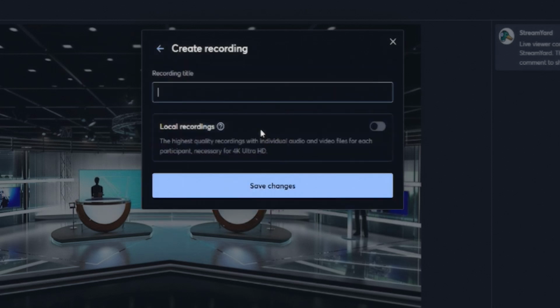As far as local recording goes, local gives you the ability to record both to your hard drive as well as to StreamYard's platform. So if I were to tick this box here. So I'm just going to back out of that because in this instance, I'm actually screen capturing and I don't need to go live or record at the moment,